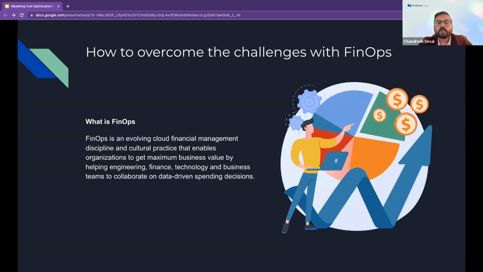Before cloud adoption, one team mostly handled data center billing because it was a fixed bill per year. But now, with cloud adoption and enablement, cost is variable. And according to FinOps, if all these teams work together, then the organization can get the biggest value.